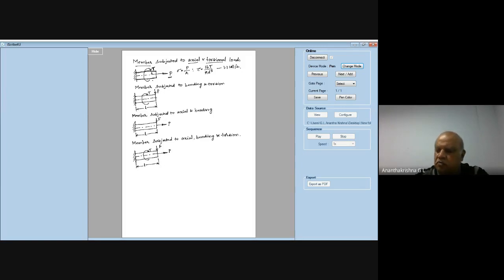So when you have a member subjected to axial load and torsion, find out the normal stress sigma and tau using the basic equations, and then substitute them into the equation of combined loading, that is sigma 1, 2 is equal to half of sigma plus or minus root of sigma square plus 4 tau square. Are you with me? Sigma in this case is load by area of cross section, and tau is given by 16T by pi d cube.